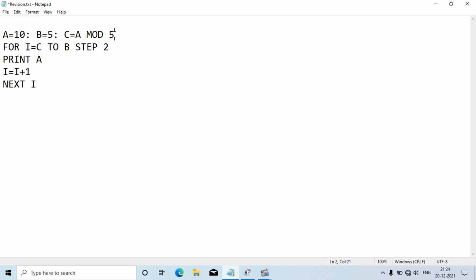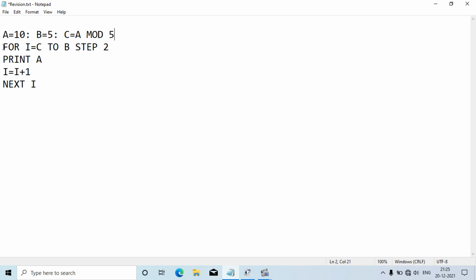Here, the value of a is 10 and b is 5. I have written a mod 5, so it will divide a, that is 10, by 5. How much is it? The quotient is 2, but the remainder will be 0. So the value of c would be 0.